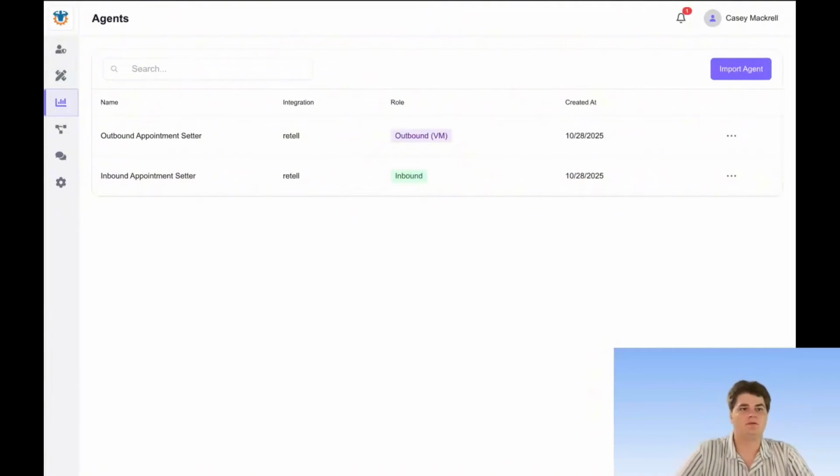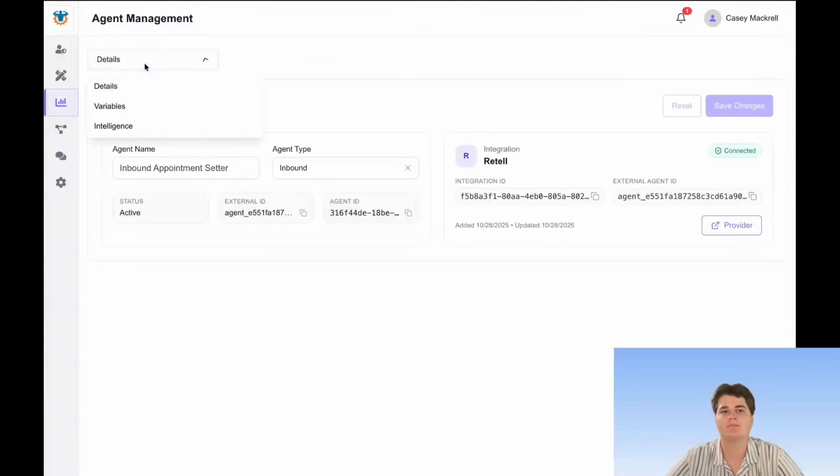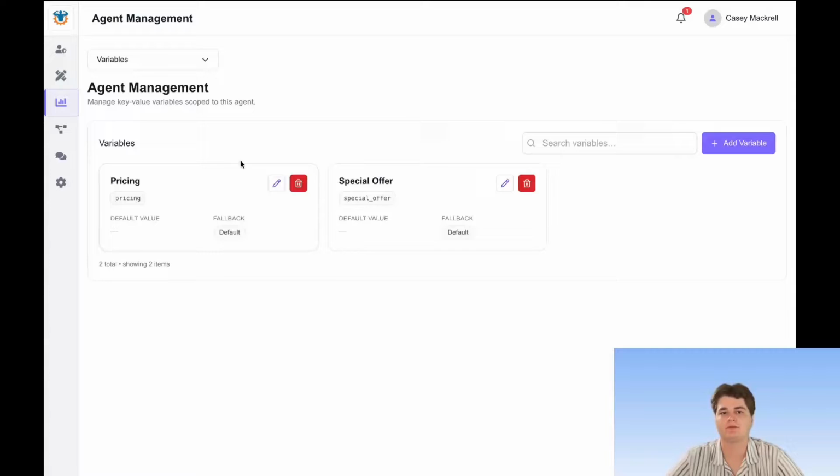Sweet, so this is the agents page. This is where you can go and manage your voice AI agents. Currently, we're only supporting retail, but as we go along, we'll start supporting more and more. The cool thing about this, though, is you're able to not only manage the agents, but manage variables on the agents. So if we click into one, you're able to set different variables like pricing, special offer, and